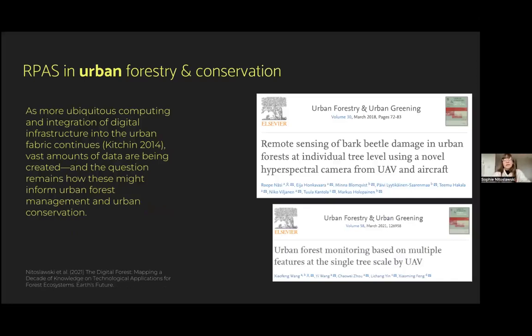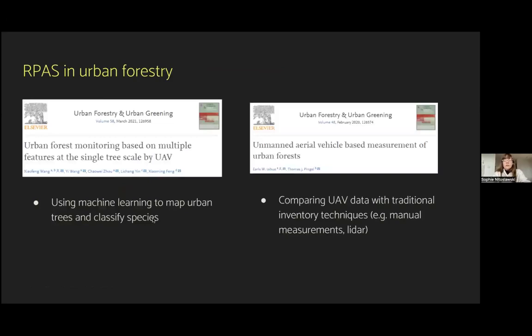And what's exciting about drones is that it provides this additional level of detail that's often been really difficult to get at in urban environments. Often we've had to rely on satellite imagery or ortho photos, and those aren't always at the resolution that drones provide, because drones fly a lot lower and their cameras are often very, very good. So these are just a couple of examples of how drones have been used in urban contexts and urban forestry